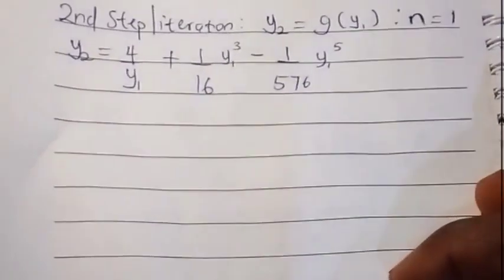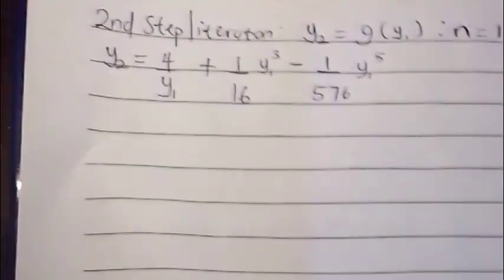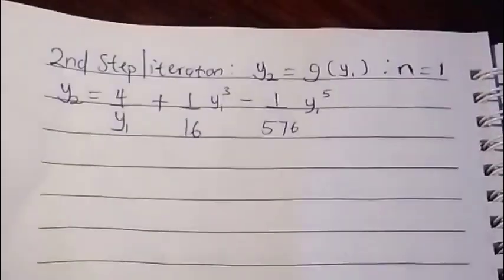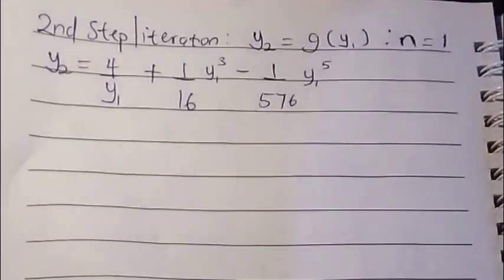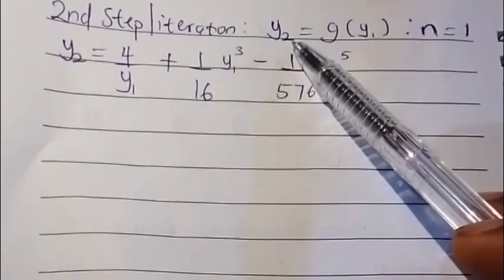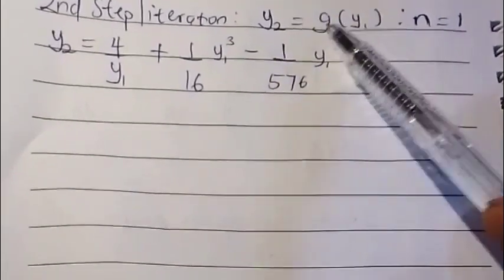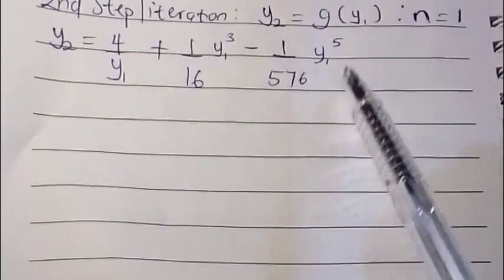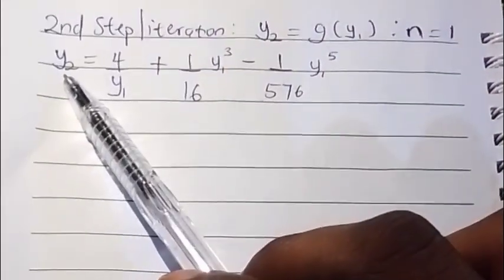So then we'll now go on to our second iterative step. Based on the fact that we are going to have a 5-iteration method, I'll be going on to the next iteration. Remember that the first iteration was when n is equal to 0. So now we'll continue our second iteration with n equal to 1, using our initial formula y sub n plus 1 is equal to g of y sub n. And remember what our g of y sub n was. We have obtained our y1 as